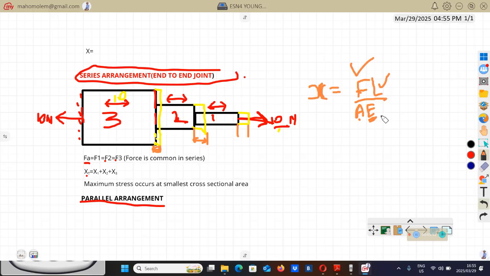maybe about the stiffness of the material, or how easy it is to stretch the material. When it comes to stretching, is it going to be stretched easily by applying a small force, or is it going to be stretched by applying a bigger force? So this thing is telling us about that: does this material stretch easily, or does it need a bigger